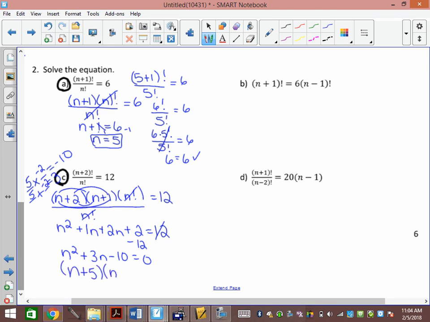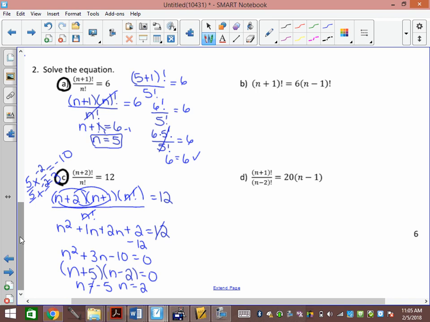If you get your symbols wrong, you're going to get your answer backwards, and then they're going to have that answer on the test, right? So we don't want to get our symbols wrong. So n equals negative 5, n equals 2, n can't equal negative 5. If you checked it, it would say error in your calculator. Okay? B and D are a little bit harder,